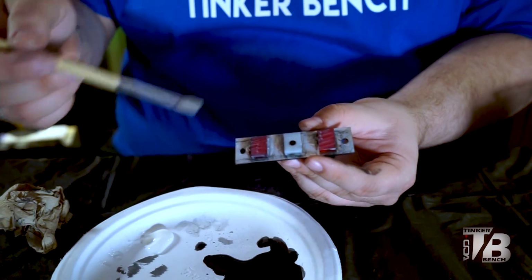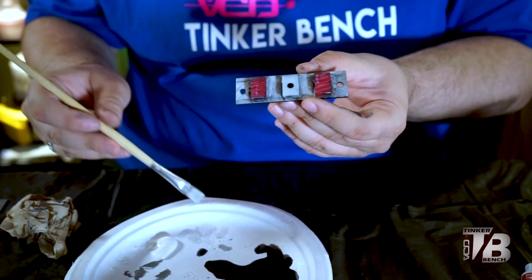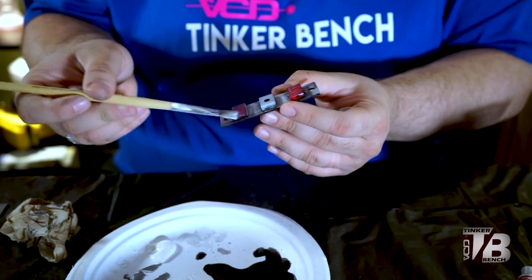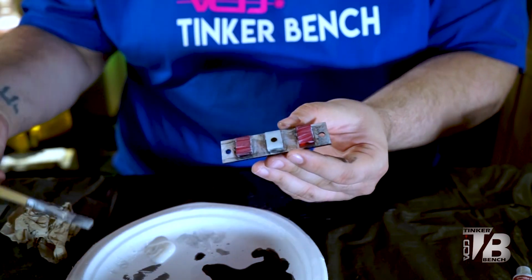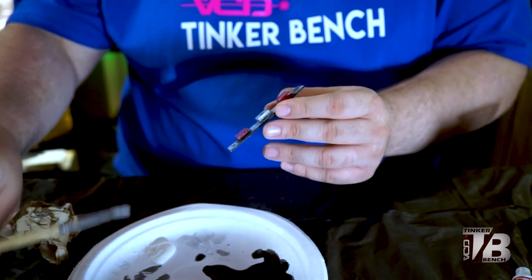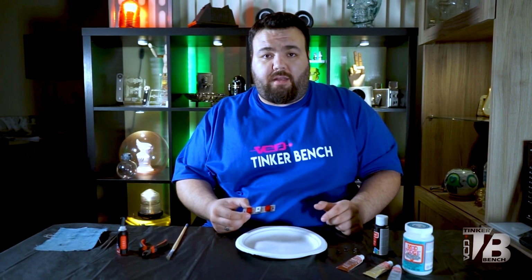I may come back and apply more layers afterwards to give it more texture, because I'm looking at it right now from this angle, and although you can see the lines in the red buttons, I feel like I need it to be a little bit higher of a ridge. I feel like that's pretty close to what I've seen on screen, and we'll pick up once it's dry. Alright, so it's been about 24 hours since we last did the Mod Podge wash on it,